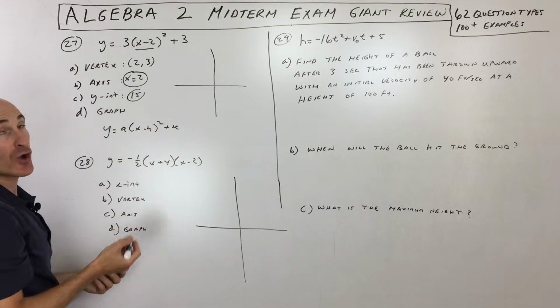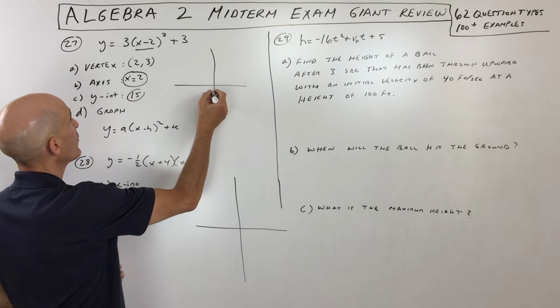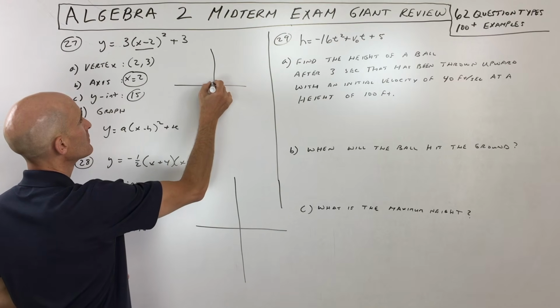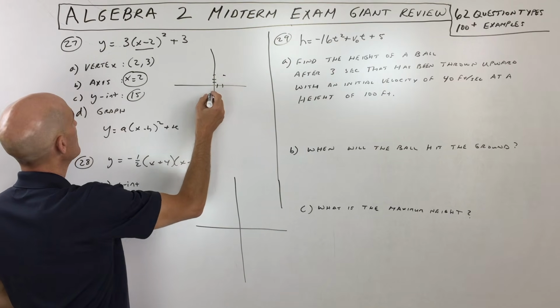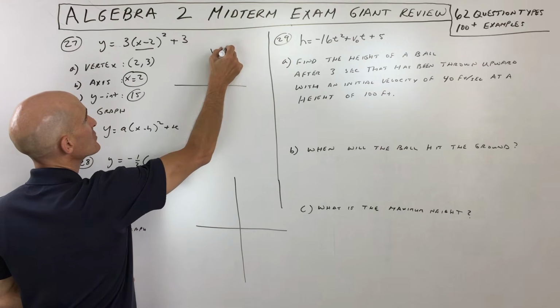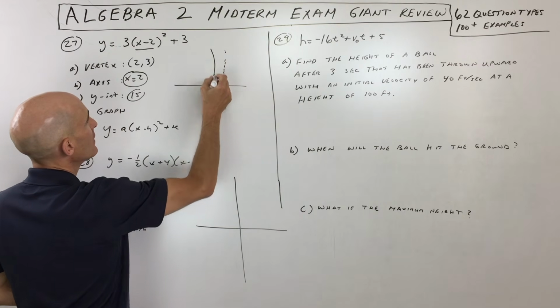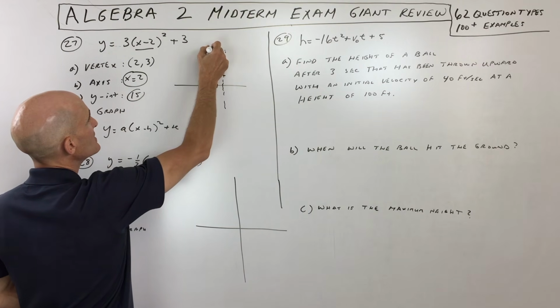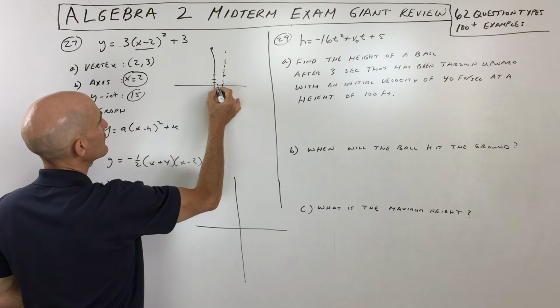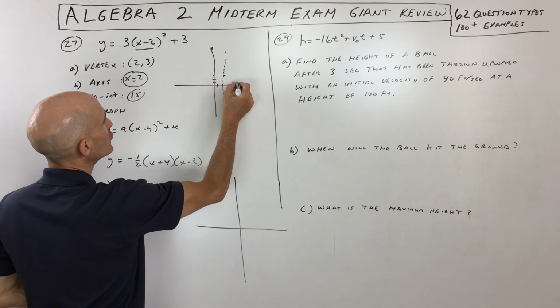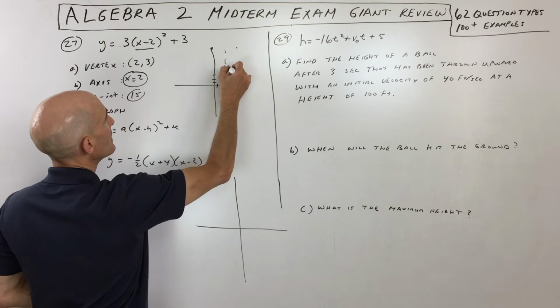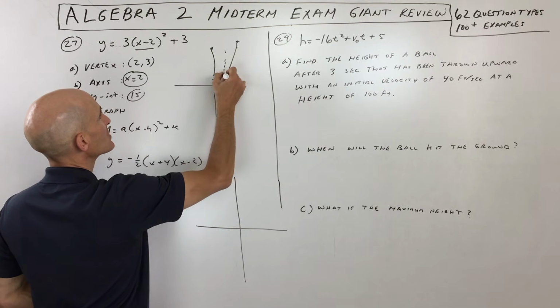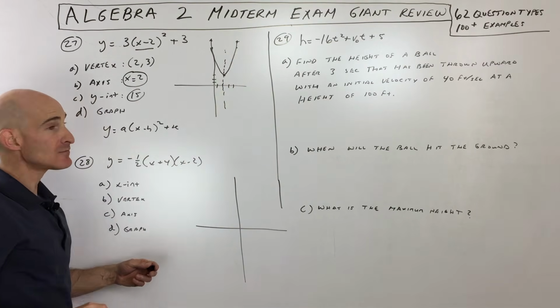And if we graph it, let's put all that information together. So the vertex is at 2, 3, right there. The axis of symmetry is x equals 2, like that. The y-intercept is way up here at 15, and if we reflect that over the line, meaning if you go 2 to the left, you want to go 2 to the right, that's also going to be at 15, and we can quickly get a nice sketch of our parabola.